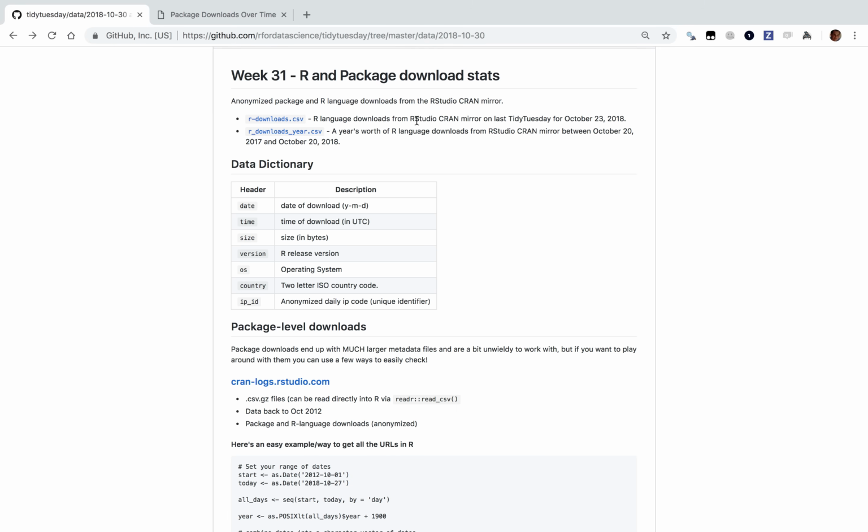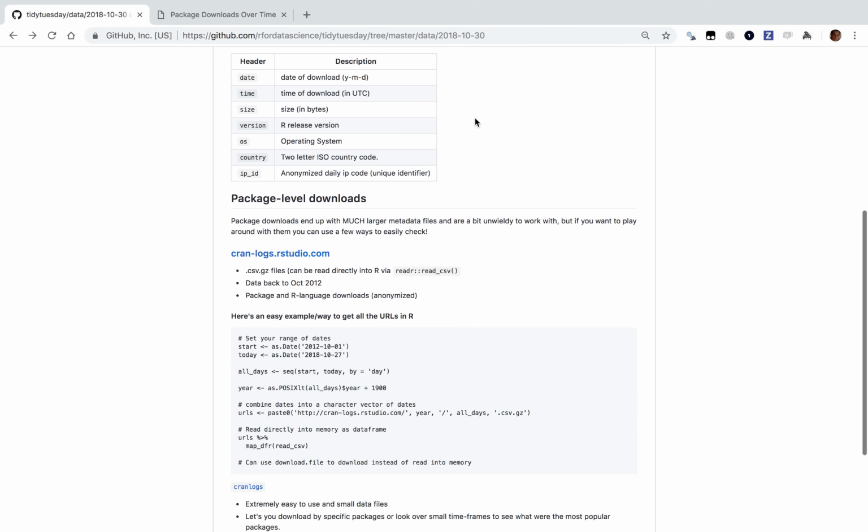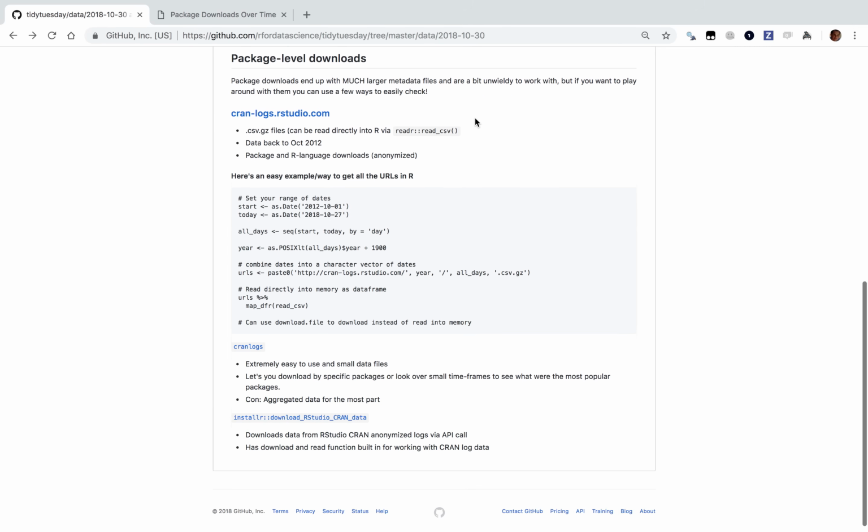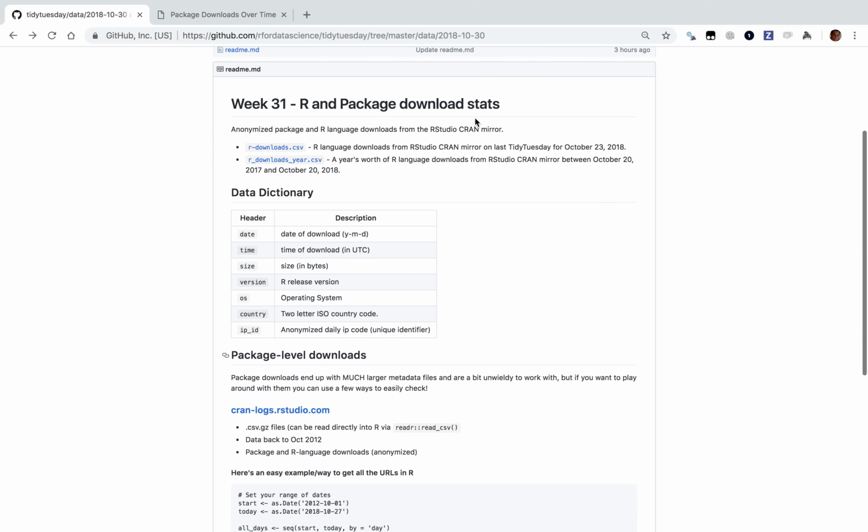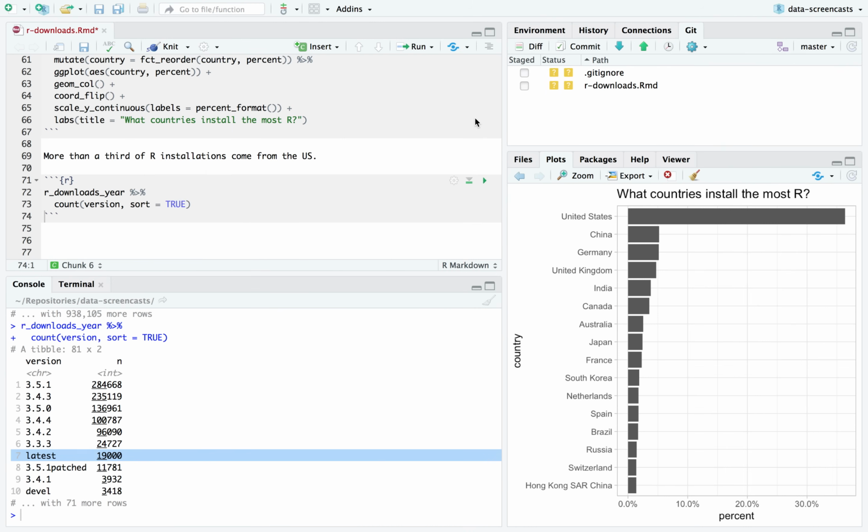It is from the CRAN mirror. I don't know how to distinguish latest from each other type of version. That's just worth kind of noticing. All right. Now we have 81 types of installations. Anytime I'm going to want to graph these over time because I have a suspicion